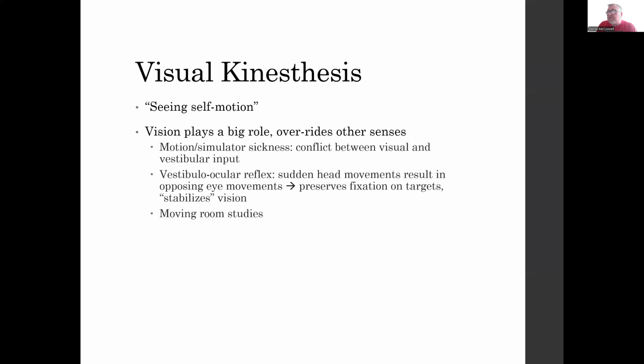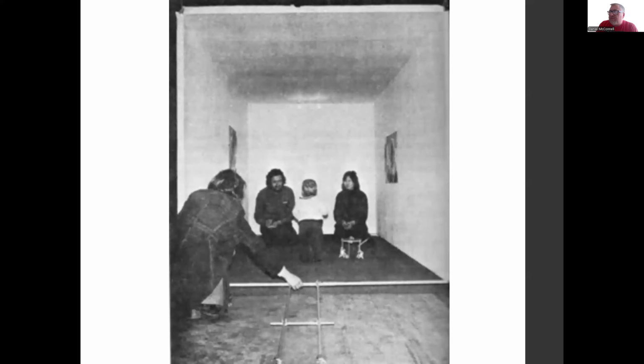So what's going on here? The first thing we want to do is to understand why vision plays such an important role in providing information about our self-movement. And our first example of that is one of the famous studies from the 70s called the moving room studies. And so what you can maybe gather from this image is that our researcher here, who is the one kneeling with their back to the camera, not the child, but the person on the outside who's holding onto this bar,